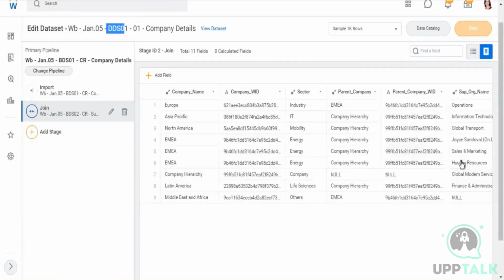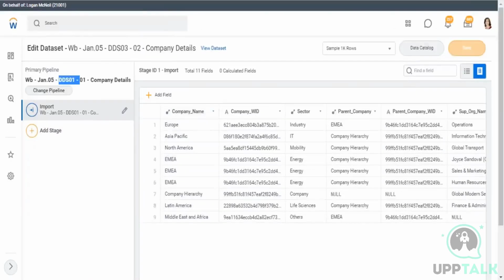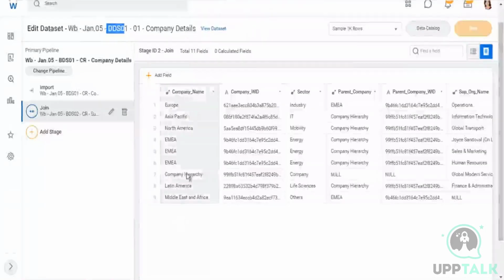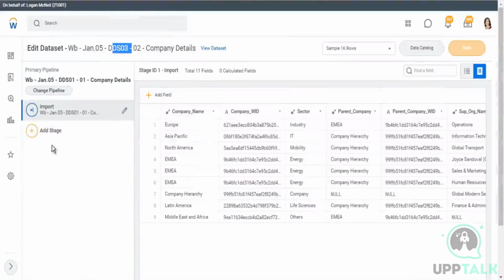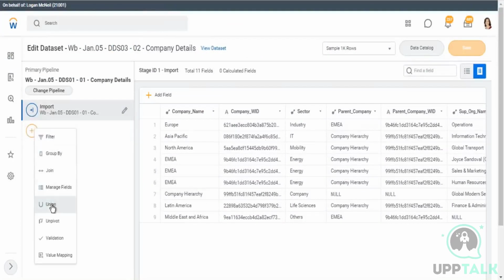All the 9 rows of data from DDS01 have flown into this DDS03. But I also need to get data from DDS02, the second derived data set I created, right? And I want to join those X rows with these rows. So for that, as I mentioned, I would add a new stage, and the stage I want to add is